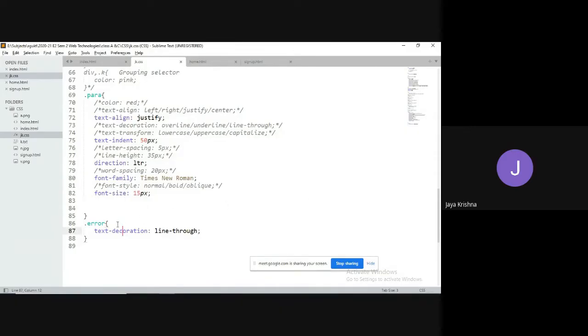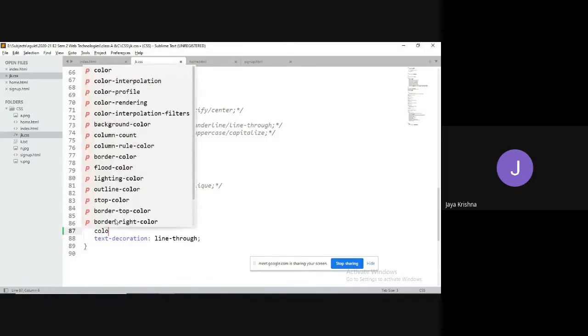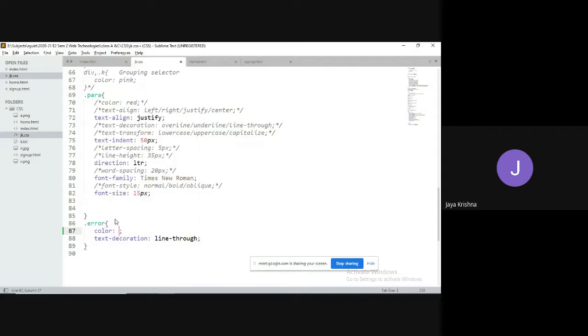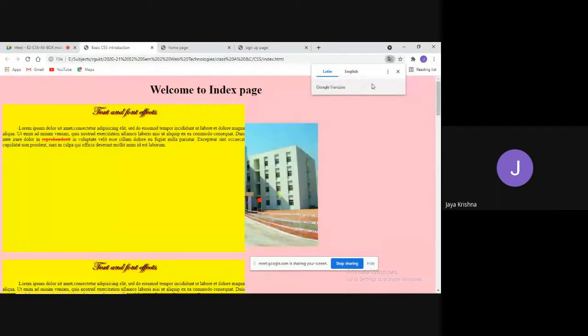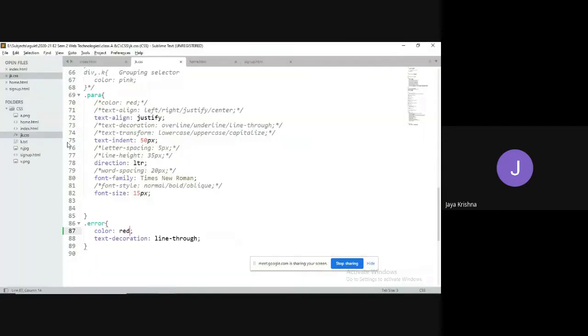For example, wherever you are having an error, I would like to get the text color as red. Observe, wherever you have some error-like data, you will get the color as red.